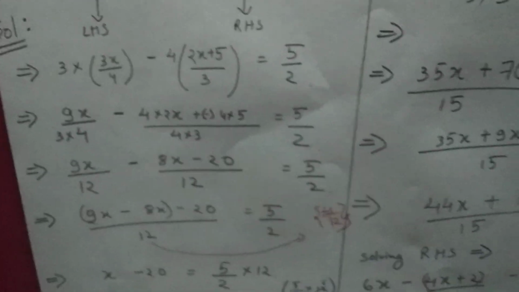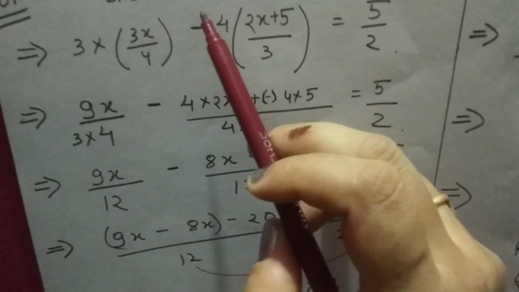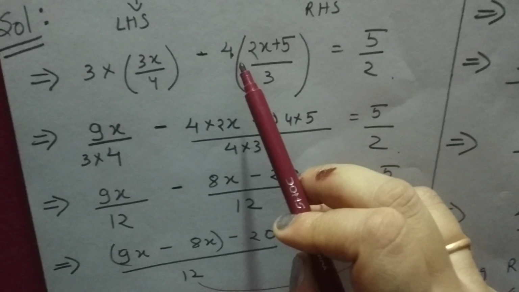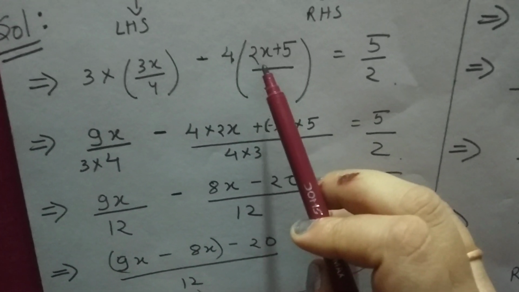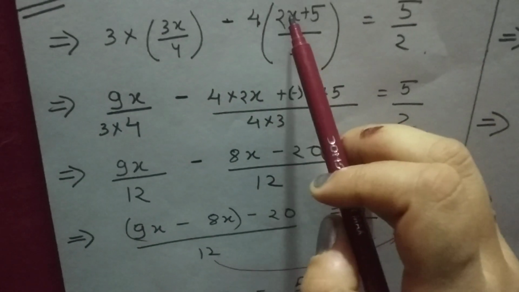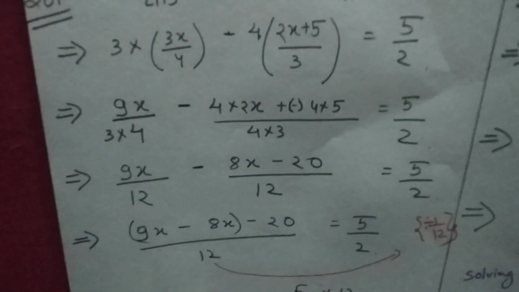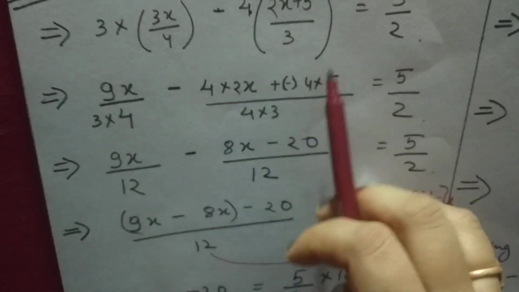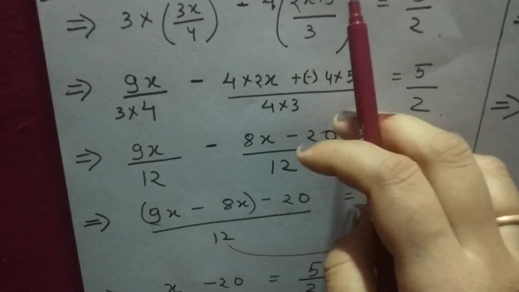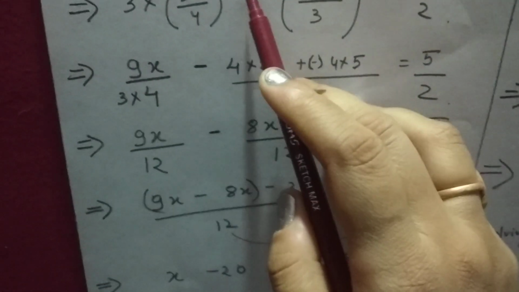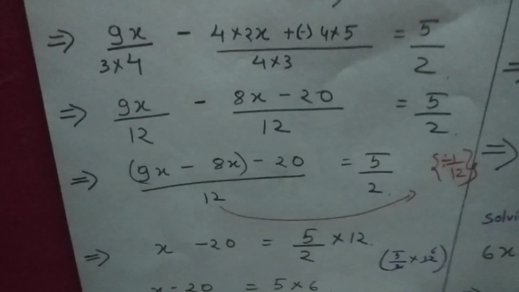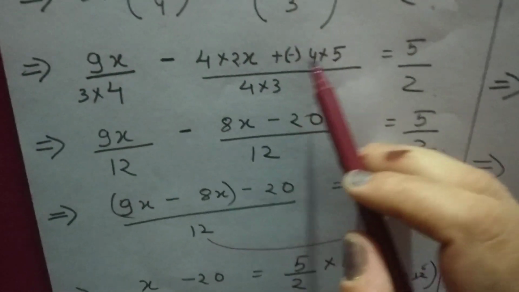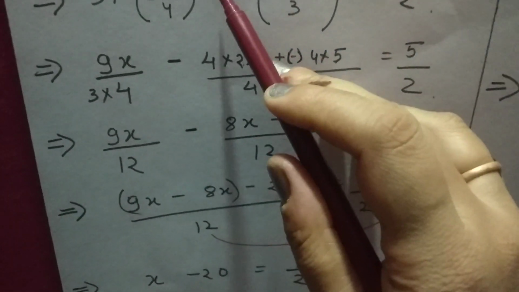Okay, one thing has to be kept in mind कि there is a minus sign in front of 4. So when we are opening this bracket, जब इस bracket को open किया, ये minus sign भी travel करेगा इस पूरे bracket के साथ. Okay, because this minus sign is navigating with 4. So minus 4 into 2x minus 4 into 5. Minus will navigate through this whole bracket. ये minus sign ये पूरा travel करता जाएगा इस पूरे term के साथ. So like this, 4 into 2x plus minus 4 into 5. Minus sign is this minus sign.